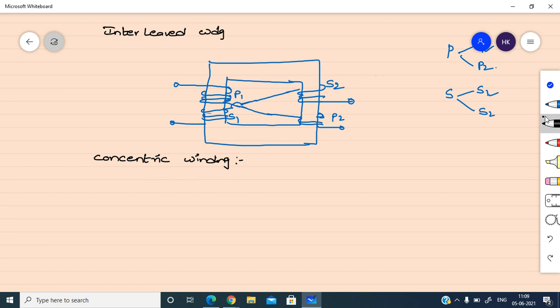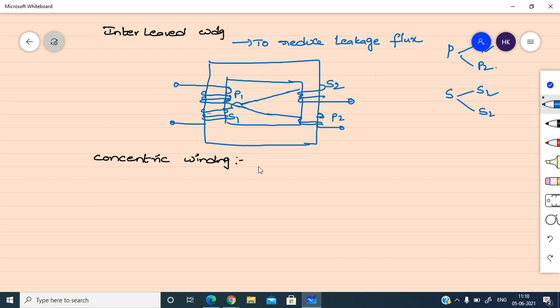So this interleaved winding is used to reduce the leakage flux. The transformer leakage flux is not the useful flux, it is wasted. So we have to reduce that. There should not be any leakage. Just like water, if water is leaking, it is unnecessarily wasted. We are not using it, so we have to reduce it. The same way this flux is also not useful to us. It is going as a waste. So we have to reduce that leakage flux. For that we will use this interleaved winding.